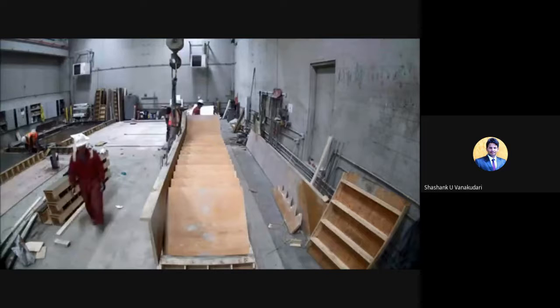Initially, they will check all the measurements like the dimensions of treads, dimensions of risers, the number of steps, and the distance of the flight. Each and everything they design well as per the design concepts, and at the end they provide certain reinforcements or other connections so that they can join this to the next structural members.